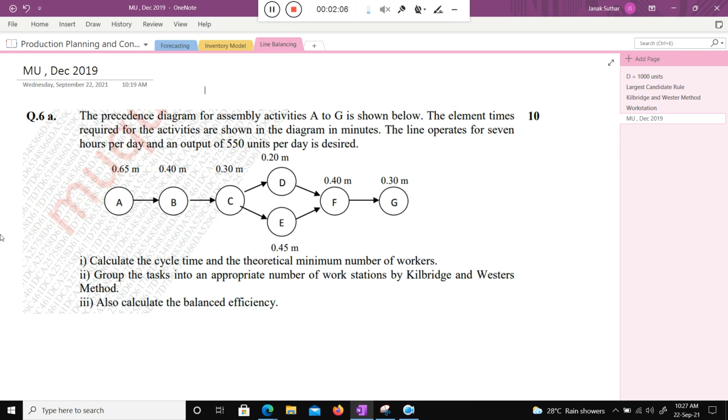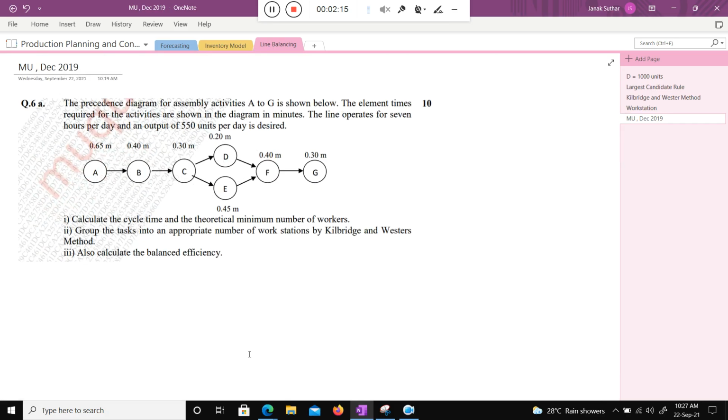If I should address sub question 1, please let me know. What is the process to calculate the cycle time?